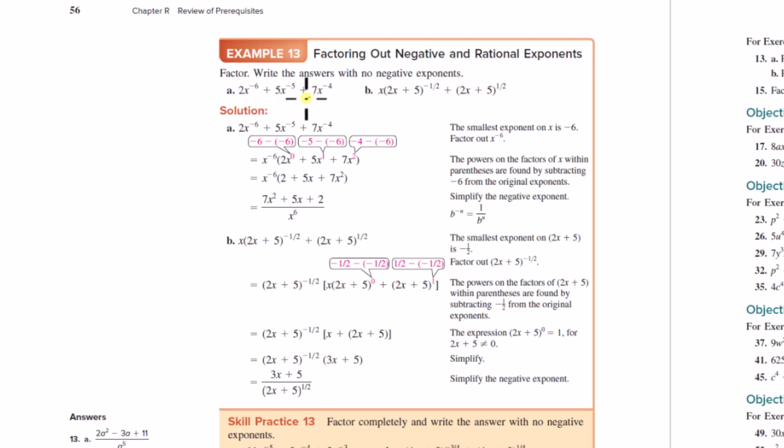You could substitute a variable in here to where when you substitute the variable, you get 7 times that variable squared plus 5 times that variable plus 2 times that variable to the 0, just 2 times 1. So what would that be? That would be, you would say u is equal to x to the -6, I guess. Okay, no, you would say, so this is